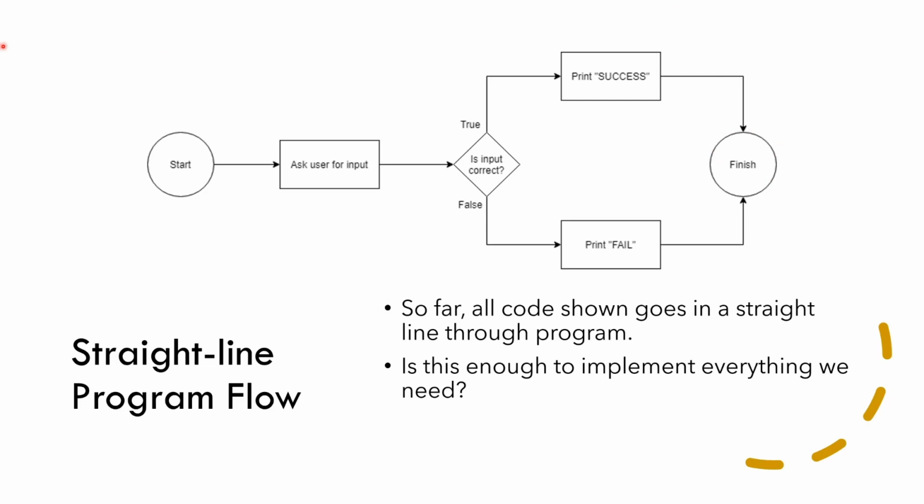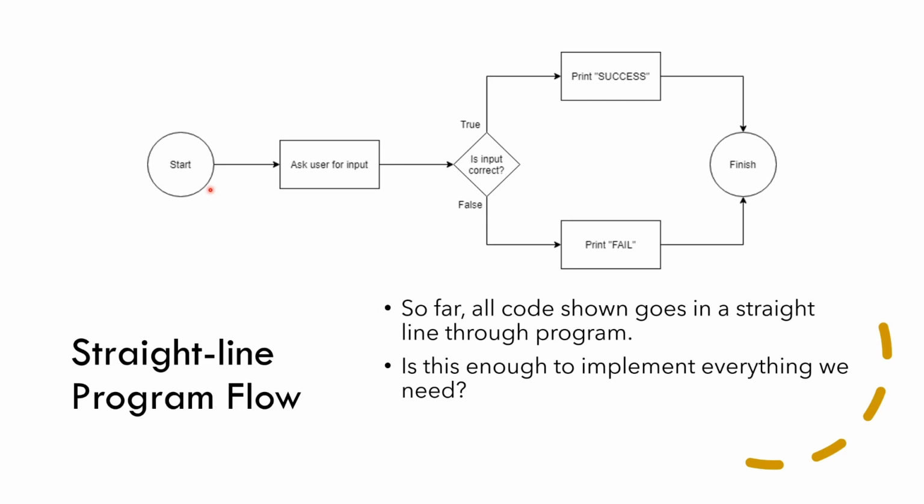Now every program we've had has just been a single straight line through the program, just a one-shot line from beginning to end. If you were to select which options you were going to go through in this flowchart, you would be able to lay it in a single straight line. Now, this has been great, and we've been able to do some pretty interesting programs so far using this, but